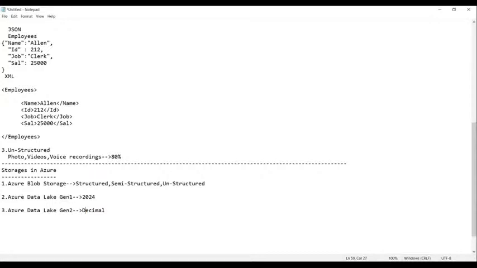Whereas in the source, the decimal is accepted. What do you mean by decimal, guys? I'm writing a number here: 7,000 dot double two. This is the data accepted in the source. That is, in the source file, it is like this.